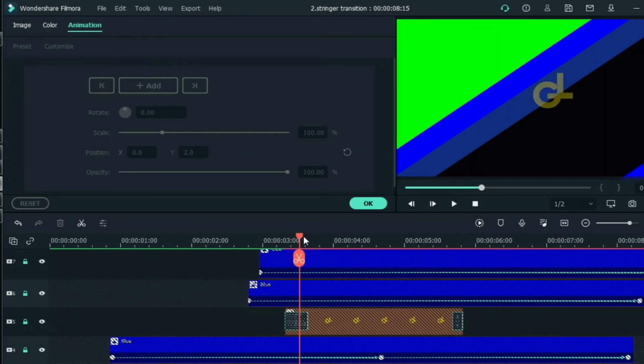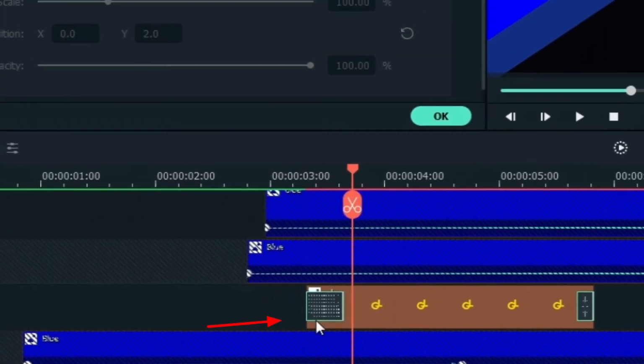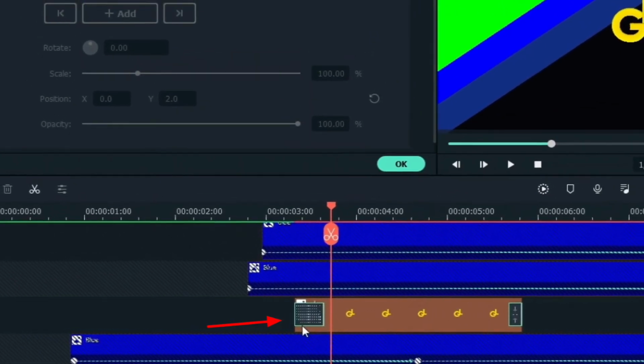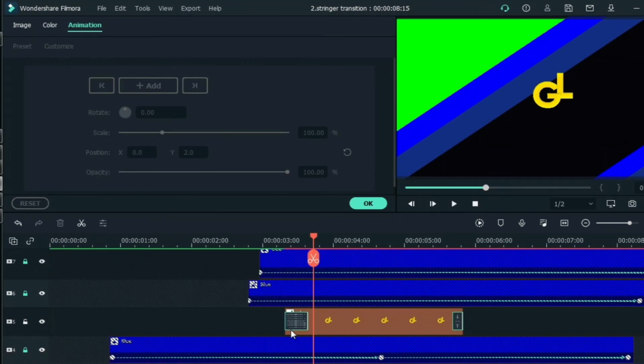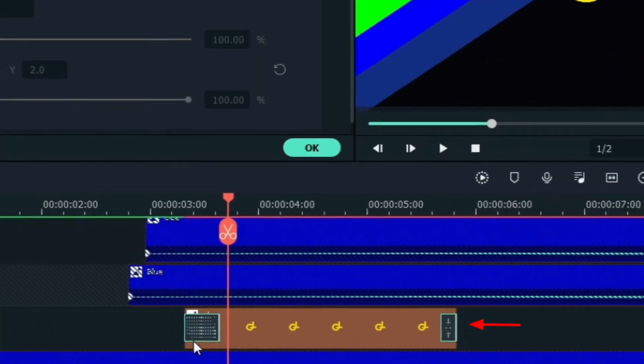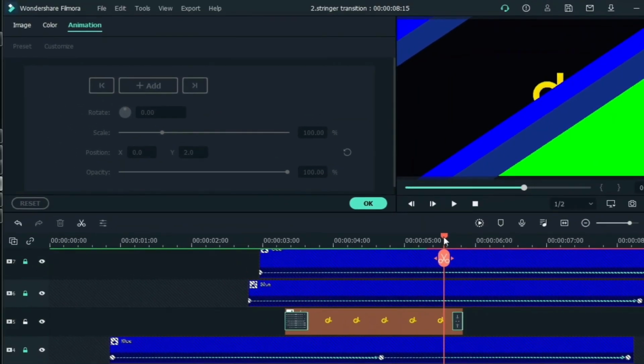So guys, now I am enabling the fourth track, I guess, which is the logo track here, and as you can see the logo is visible here. So I have put a dissolve transition in front of the logo, so when the blue icons move away and the black rectangles start to appear, you will get a nice dissolve look. And at the end I have put the flash icon, so when the black rectangle is going to end, you will get a little bit of flashlight there. And that's it, it's very simple.